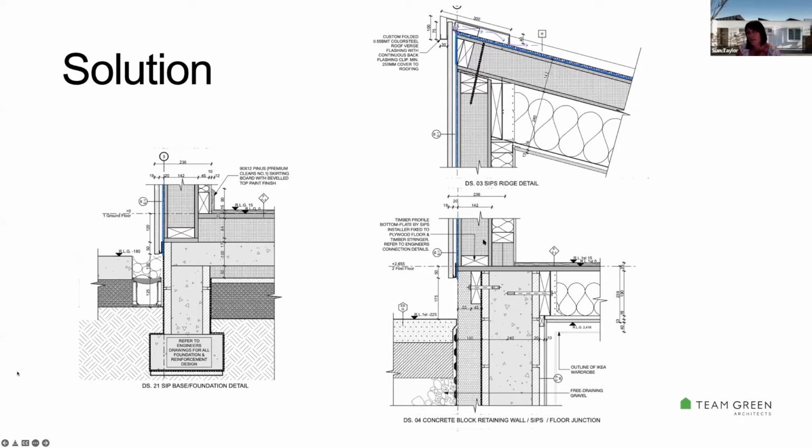But what it meant is that the rafters, which are here, couldn't actually be supported on the structurally insulated panel, which they typically would have been, because the load line was not direct. So we had to put an additional 90mm frame, which is the only place we've had to do this, along the back wall to support these rafters. So everywhere else we've got the SIPS, and then we've got 45mm internal cavity fully filled with New Zealand wool